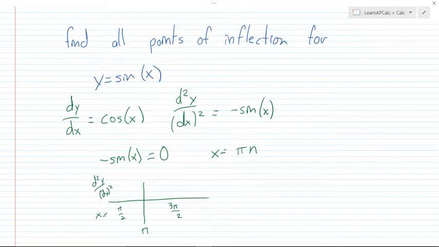Okay, so the value of the sine of pi over 2 is 1. So again, we're plugging this into our second derivative, which is this. So sine of pi over 2 is 1, times negative 1 is negative 1. Sine of 3 pi halves is negative 1, times negative 1 equals 1. And so we know that this is an inflection point, but we'll pretend this is the AP test, so we'll